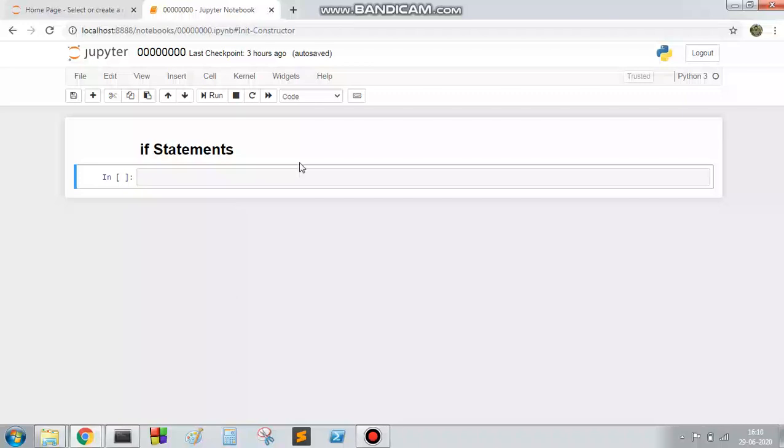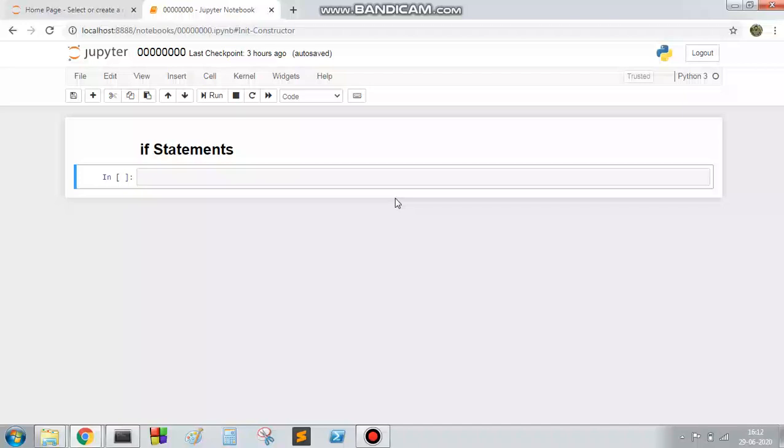Perhaps it may be the most well-known statement in any language. This if statement can be used alone, or it can be used in combination with elif and also with the else part. There can be zero elif parts, or any number of elif parts we can add to our statement.